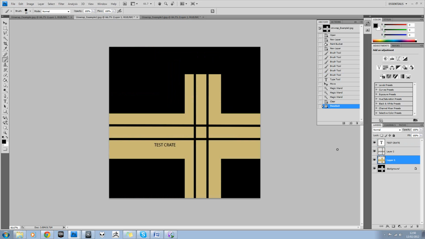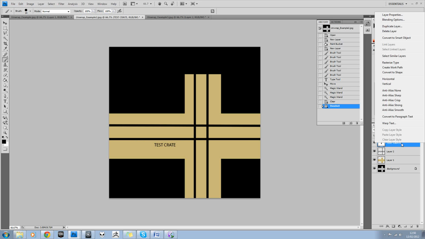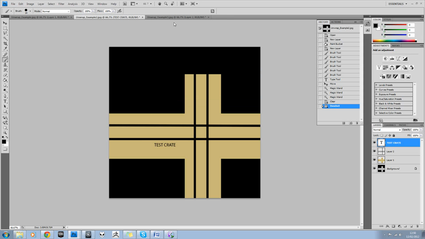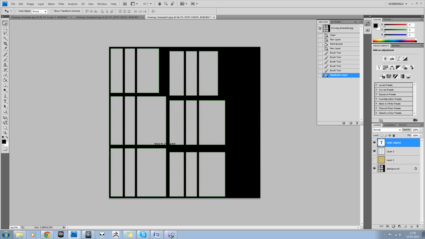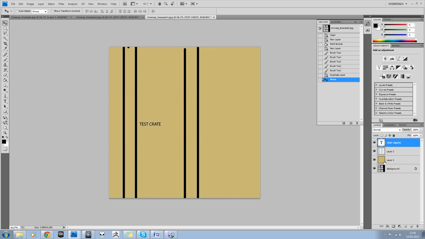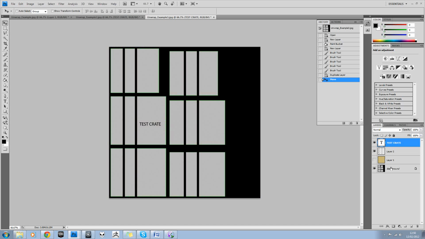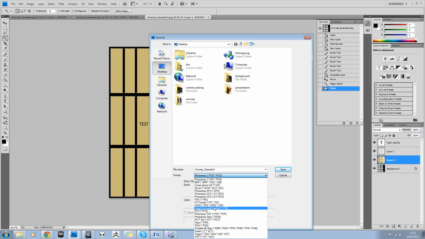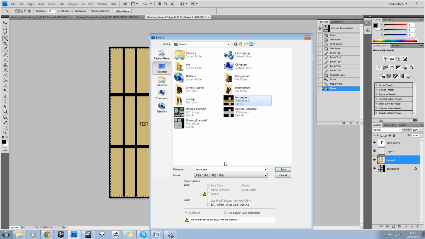If I right click on my text layer, I can go to duplicate layer and actually put that into Unwrap Example 3. And I'll just try dragging that to there. Then I want you to do the same again, select the background, magic wand, and click on the black area, turn on that layer and just hit delete. So we'll save this out as texture test 2,